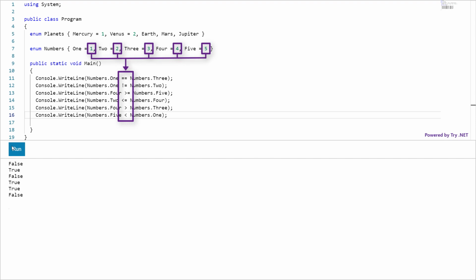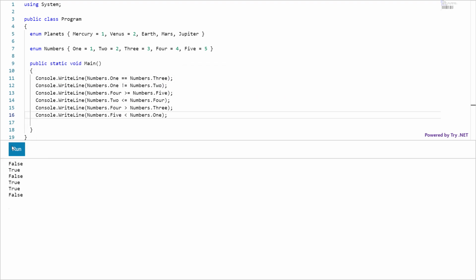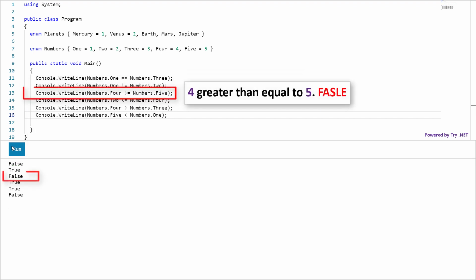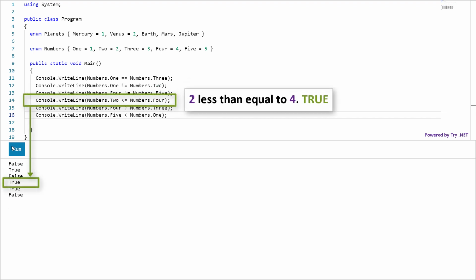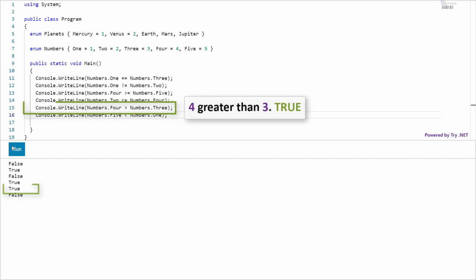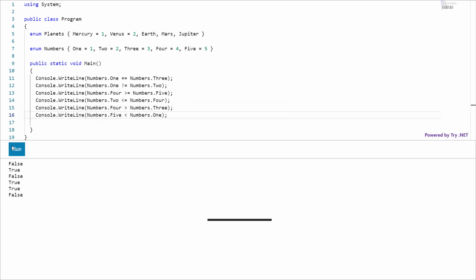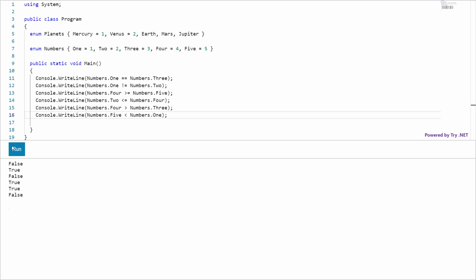Remember, enum values will be used with these operators, not the enum names. Okay, let me quickly code a switch statement, then I explain it to you.